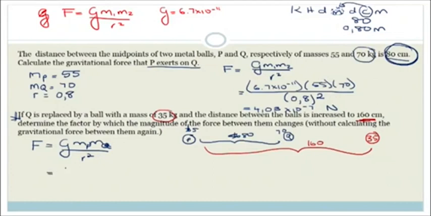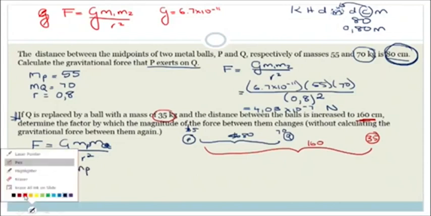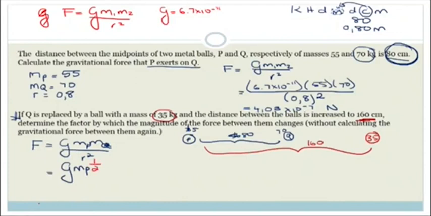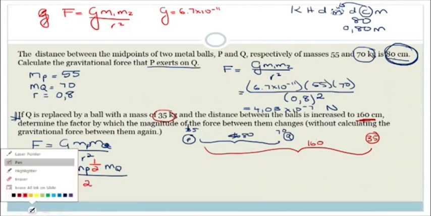So my new force is going to be G, mass of P, and then it's going to be half the mass of Q, half the mass of Q. Okay, the mass of Q is 70, and now this is 35, so it's half the mass of Q, all over. Let's talk about the radius. Do you agree the radius used to be 80 centimeters? But now the distance between them is 160. So do you agree that the distance now is 2r